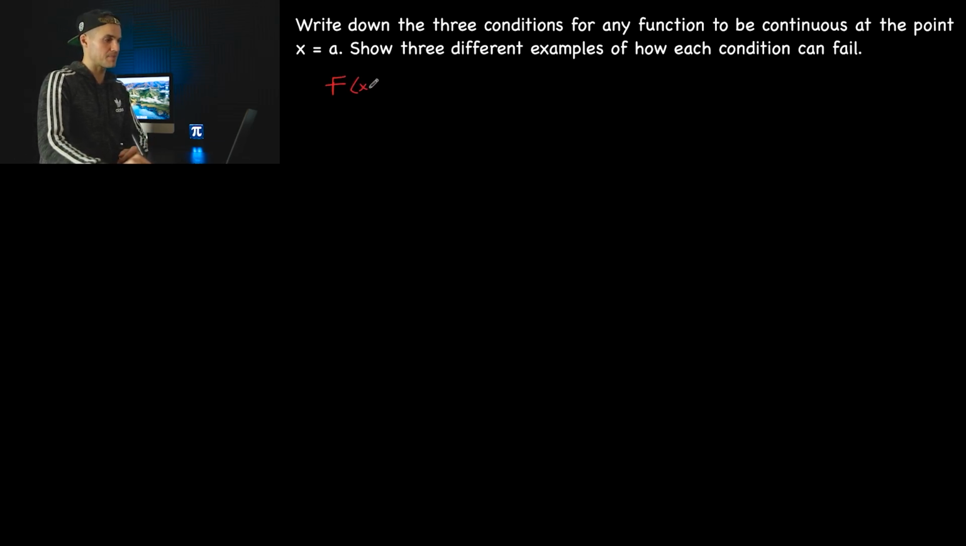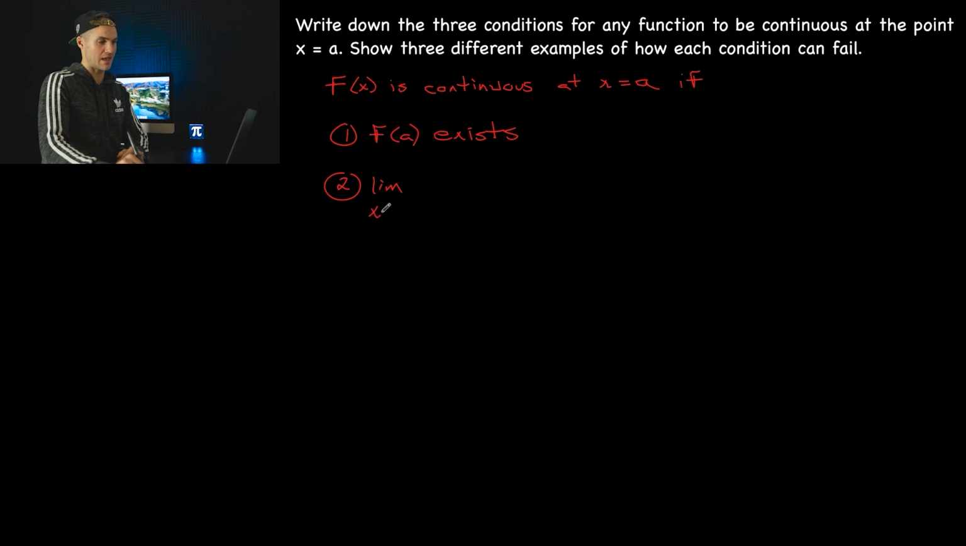Basically, f of x is continuous at any x value of a if three conditions are met. So number one, f of a at that x value has to exist or be defined. Number two, the limit as x approaches a of the function has to also exist. And then also the third condition, the final one, is that both of those values from 1 and 2,